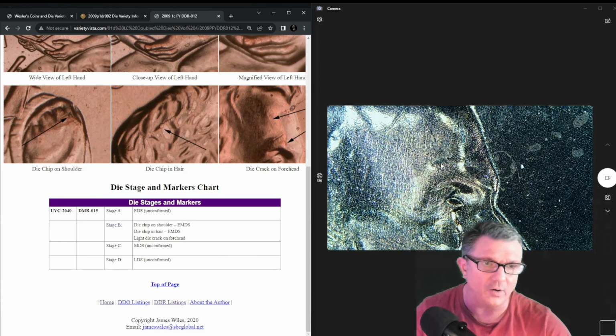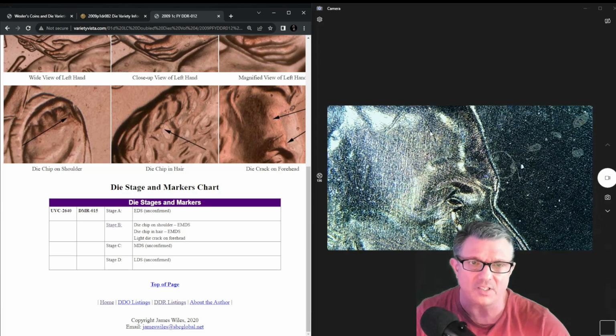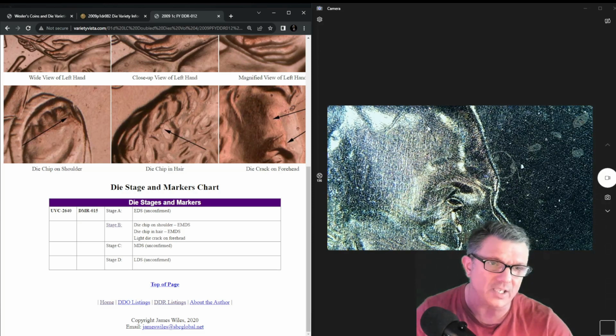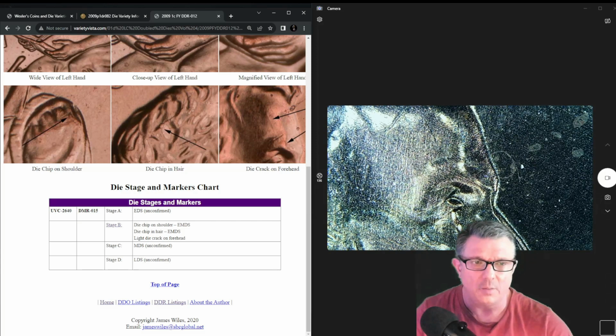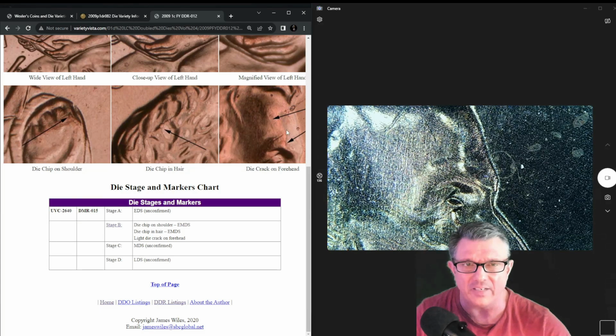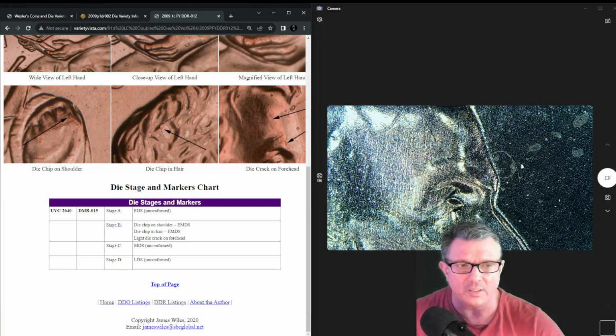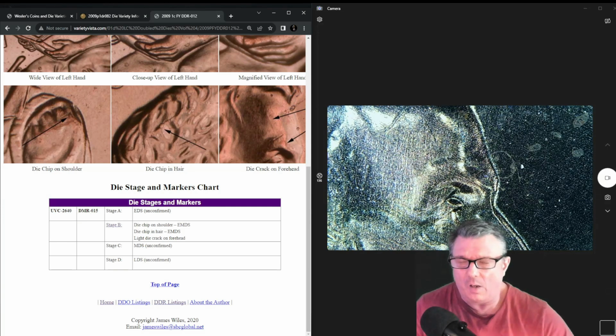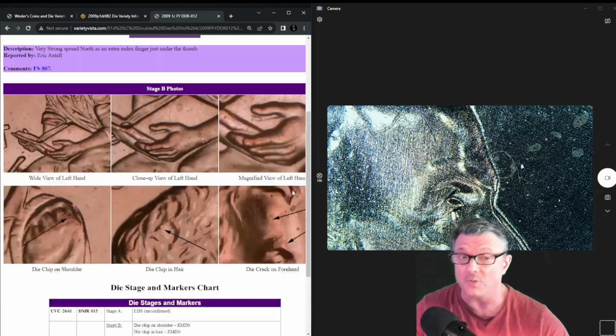We'll talk to Eric about this, but again, you should be seeing a die crack. It looks like there's kind of a residual piece right here. It's very difficult to see, but again, you can see what looks like polish marks on this to kind of eliminate some of these particular items on this die. So I would guess that it's a later die state. Well, I hope this helps. So I'm going to call this one